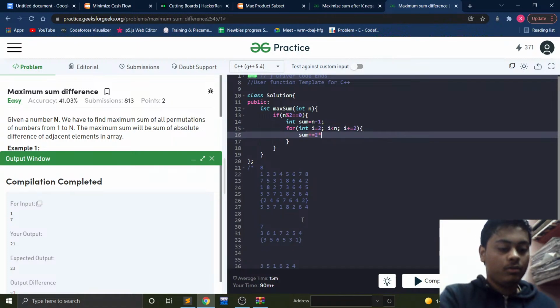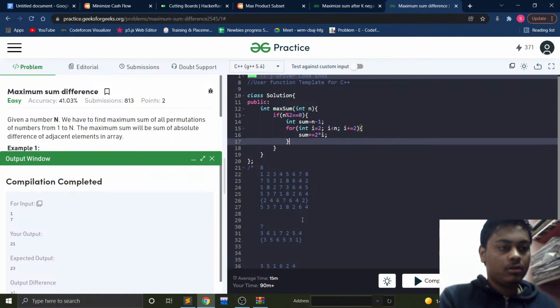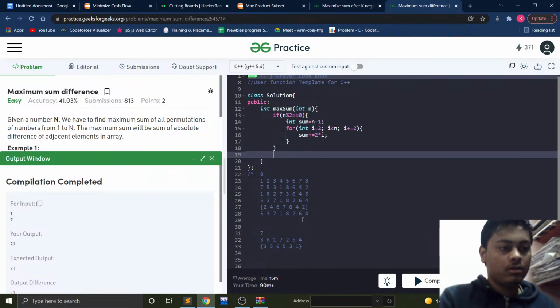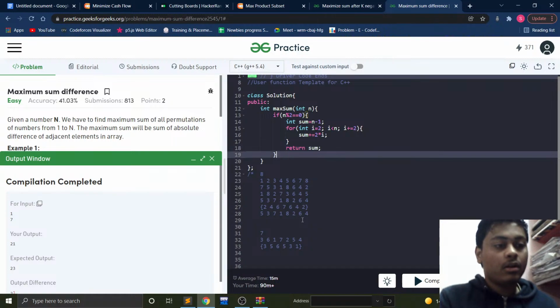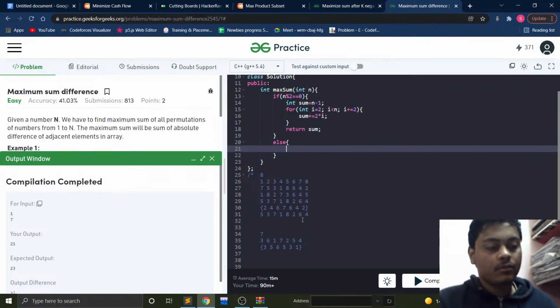Sum plus equal to 2 times i. And then return sum. For odd you have to do